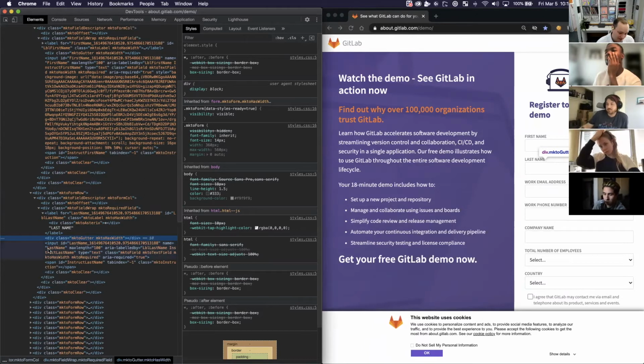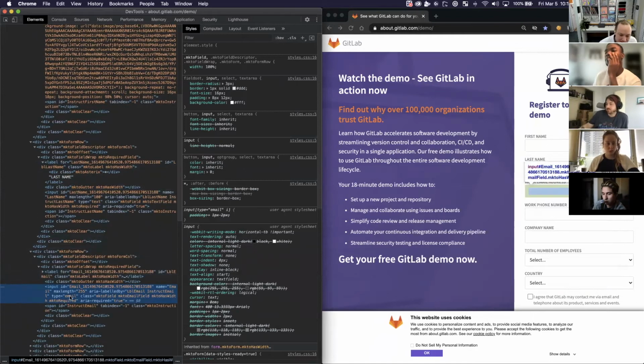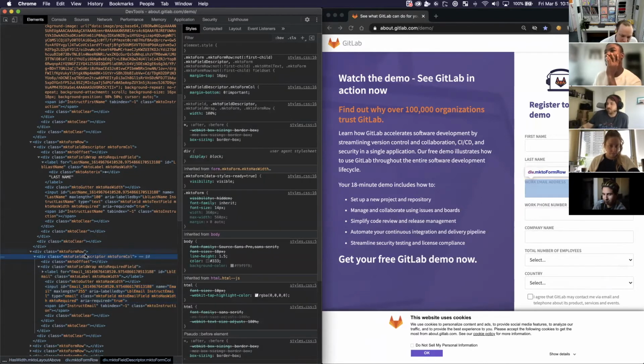There aren't necessarily class names. So let's say I wanted to style the work email address field. How would I do that? I want to style the thing that's surrounding it, because I want to include the label. There isn't a class, right? It's just Marketo field descriptor. And with CSS, you can't travel up the DOM. You can only style an object specifically. So what we do